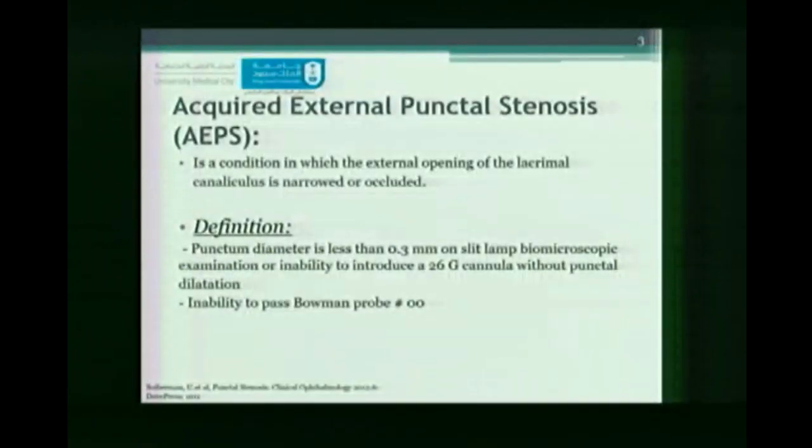So what is acquired external punctal stenosis? It's generally simply narrowing of the punctum. But to be more scientific,